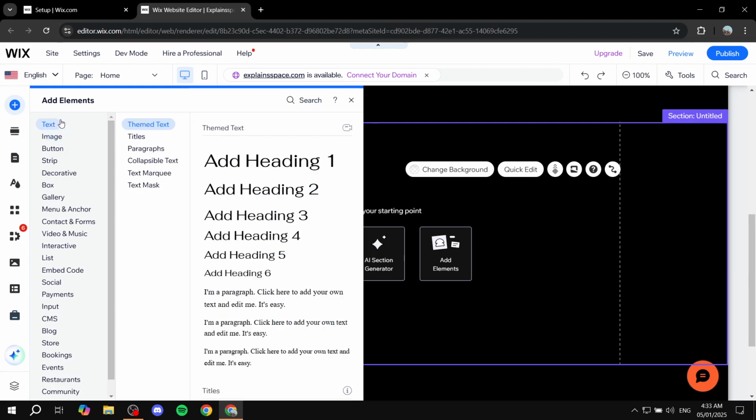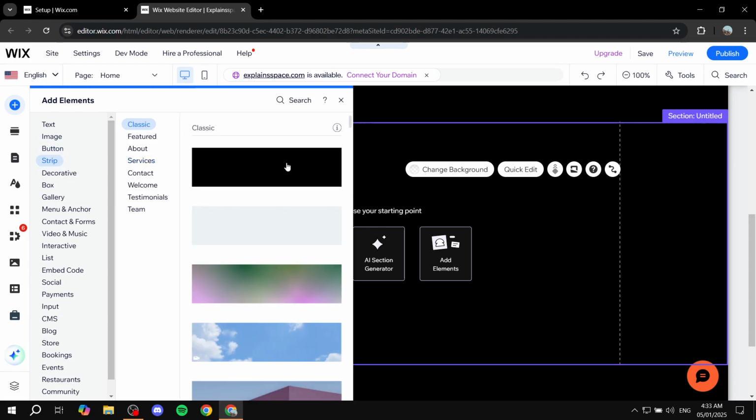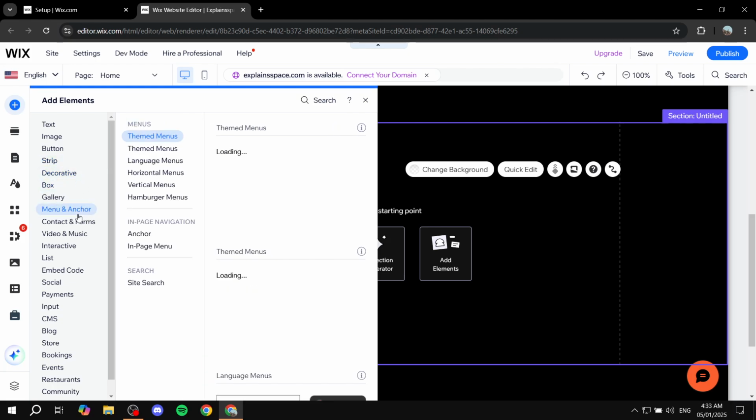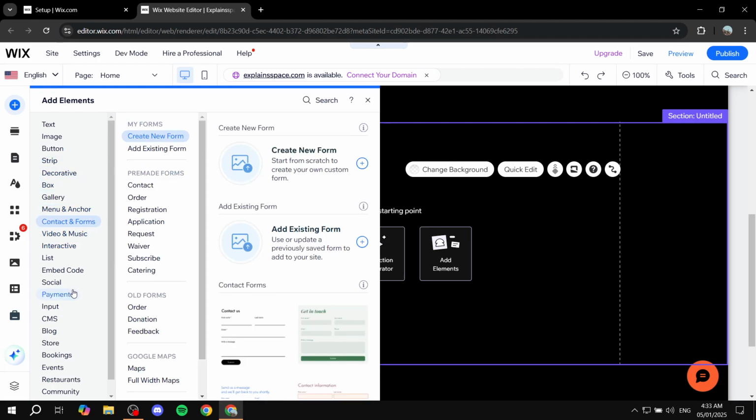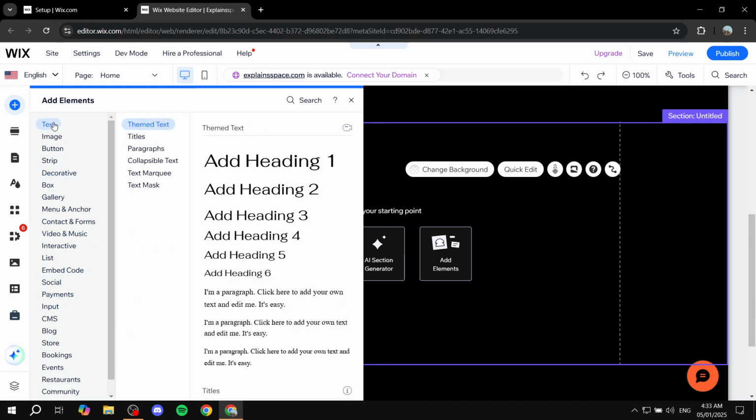And this menu is going to be full of things that you can add. So text, image, buttons, strip, which is more like a movable section, if you will. You have more stuff like menu stuff, contact forms, embed code, all of these things. So let's just start with basic things. For example, text. If you like the heading 1